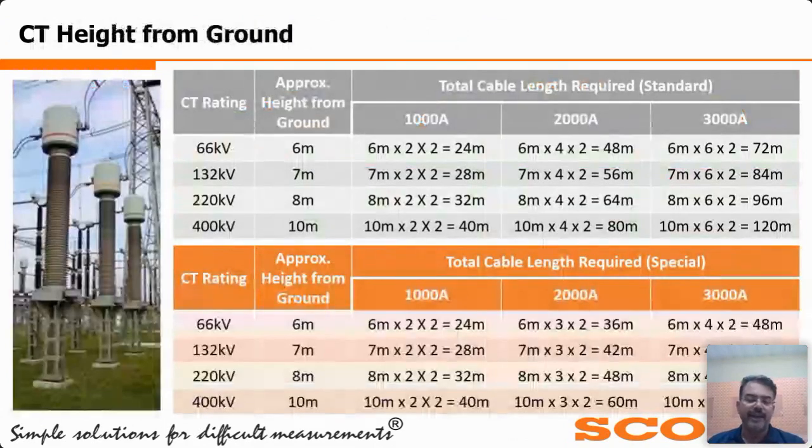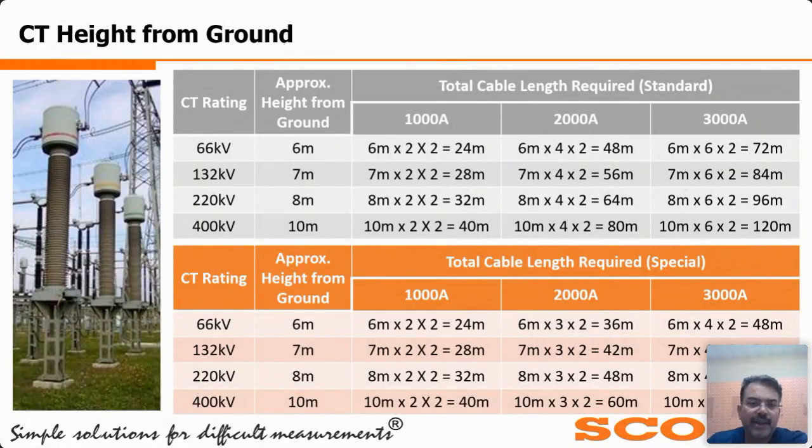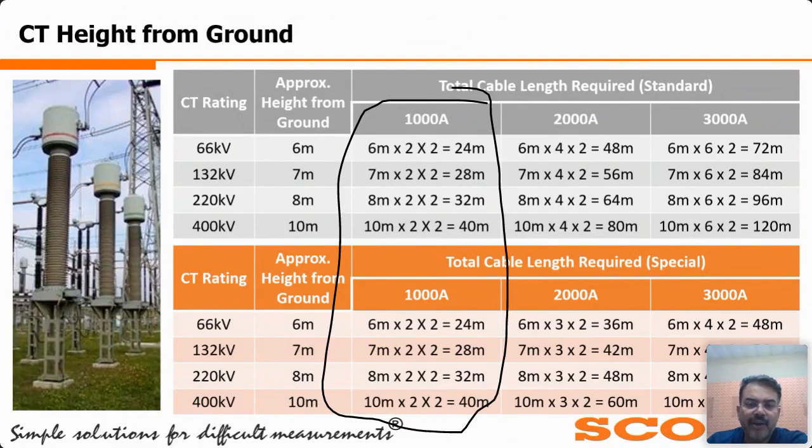that is getting reduced. As you can see over here in the standard and special cable sections, we have multiplied by the numbers. In the 1000 ampere zone, it is 1 and 7. But in case of 2000 ampere, as you can see in this section, for the standard cable we require 4 numbers of cable, whereas for the 2000 ampere zone with the special cable, we require only 3 parallel cables, so multiplied by 3.